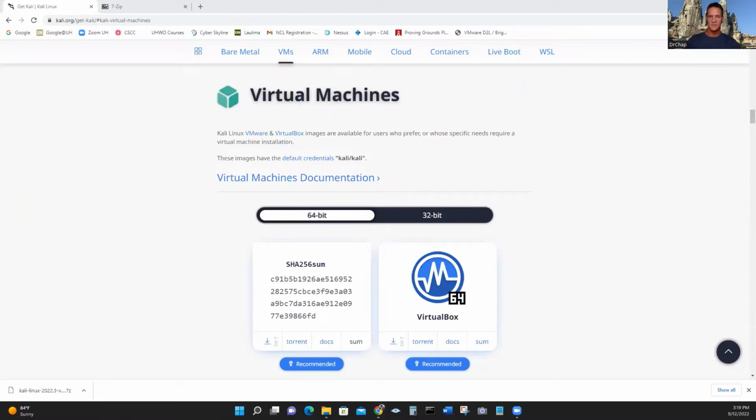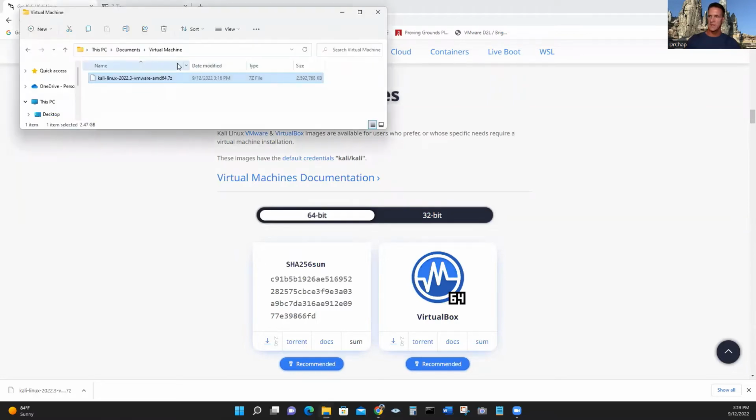Now that we've finished downloading that file, I went ahead and made a folder. I like to do this to keep all my virtual machines in it. I'll make a folder called virtual machines. And you can see that we have the downloaded .7z file right here. I mentioned the